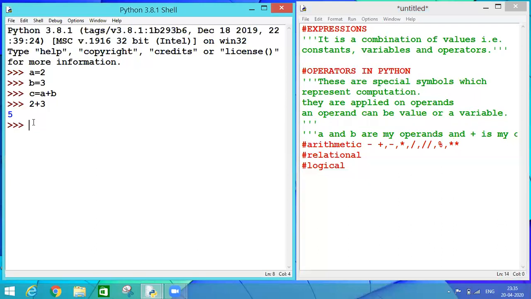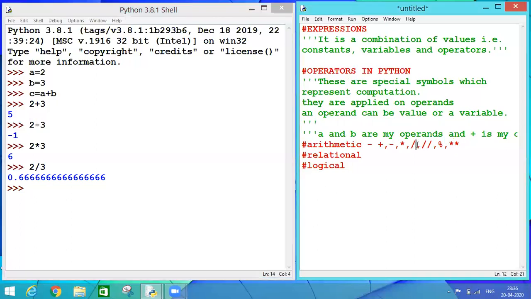Plus we have seen how to use. If I write 2 minus 3, it will give me a result as we get in mathematics. Then if I write 2 multiplied by 3, it will give me 6. 2 3s are 6. If I say 2 divided by 3, it will give me 0.6666, a long series after a decimal point. So basically, this division is known as float division.